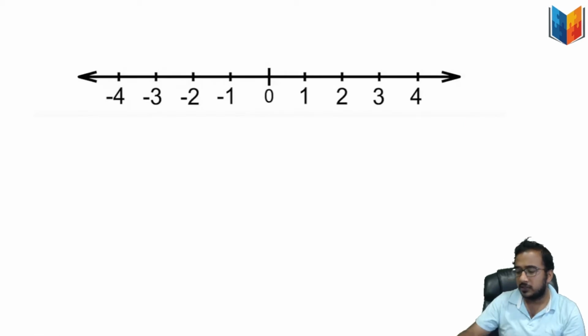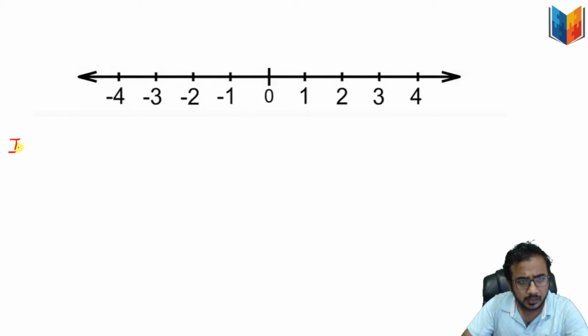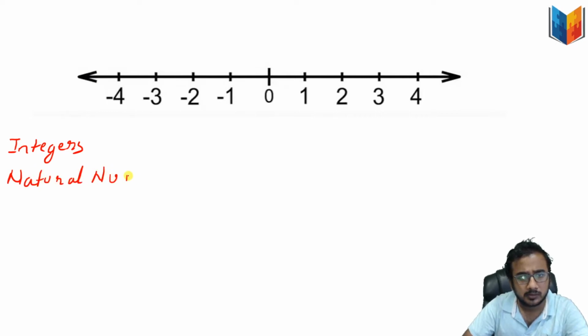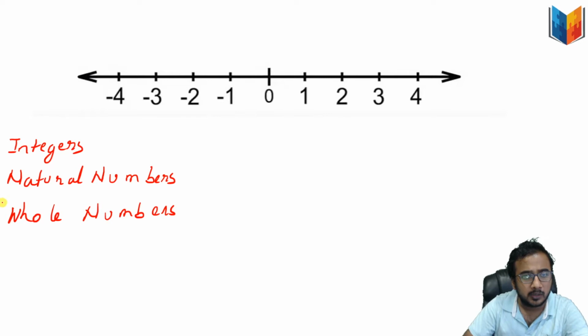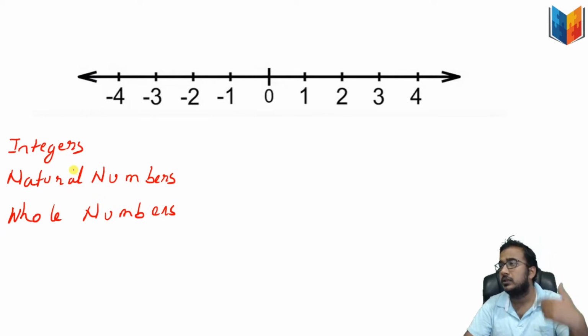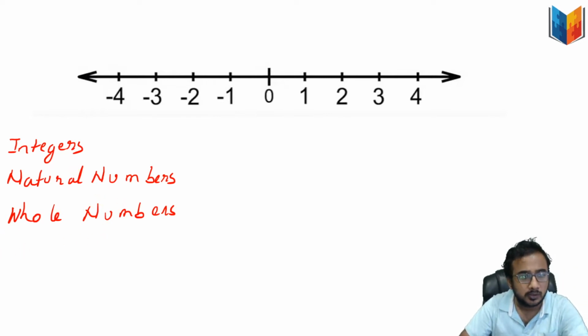See, over here we have all studied something about integers, natural numbers, whole numbers. All these combined, the different types which I am telling, are the real numbers. Now the next is rational numbers.